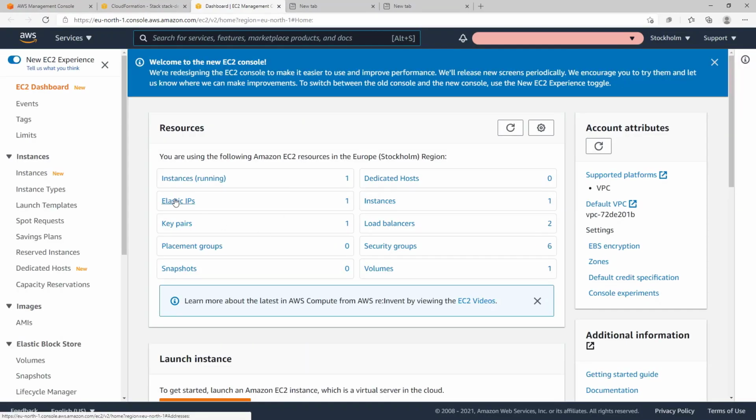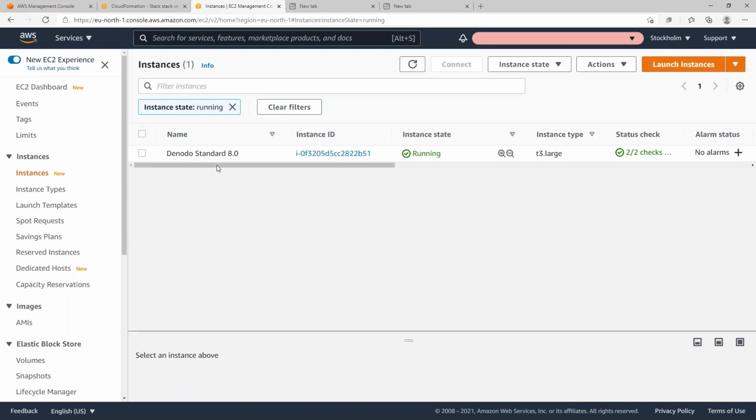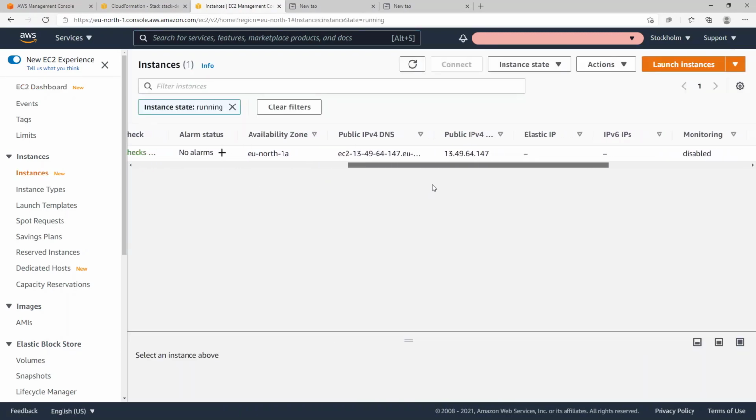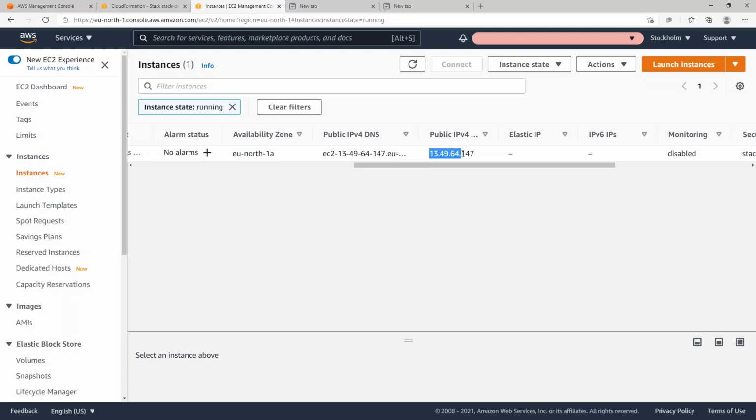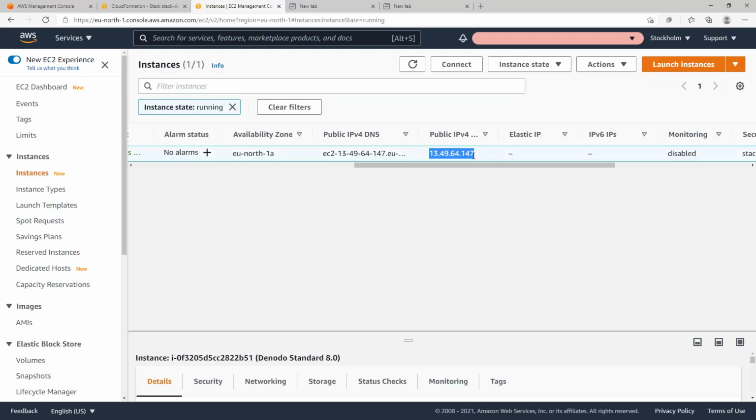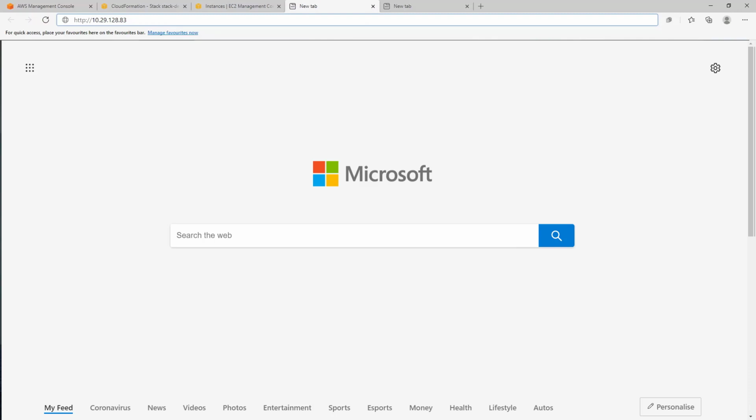We need to go now to the instance running section, and here we can check the public IP for the Denodo Solution Manager instance. So we need to copy this IP and replace the value of the IP in this URL.